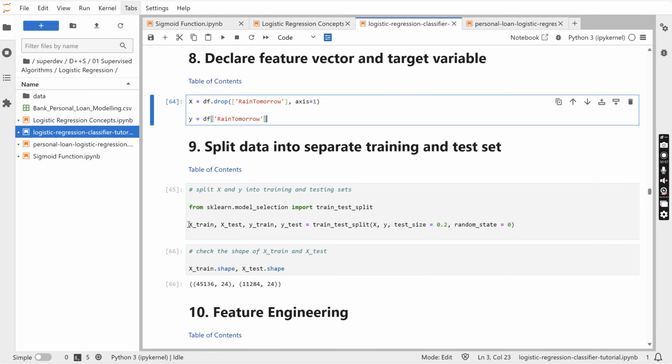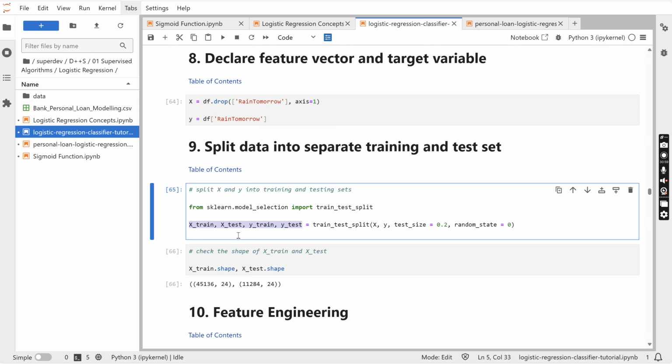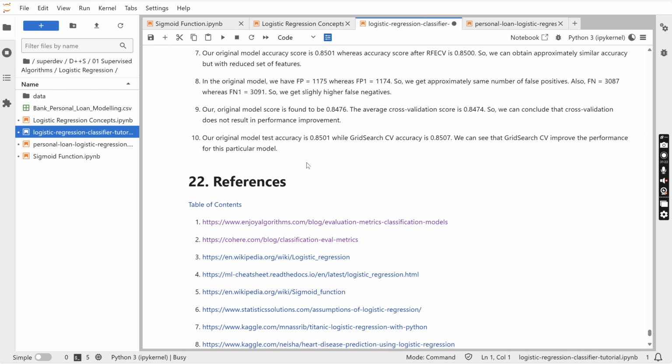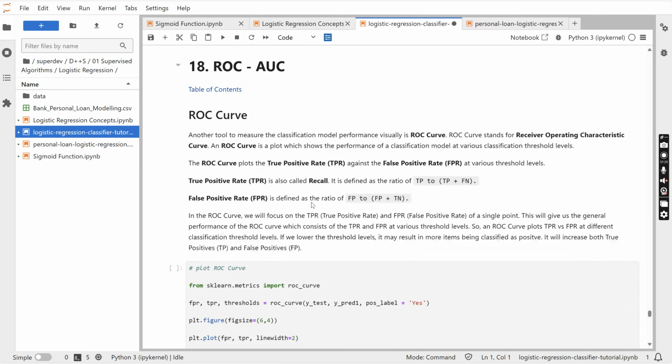Now the next thing is, another mistake made here is that x should always come first. Don't get confused. Sometimes you'll write x train, y train, x test, y test. Don't do that. X train has to come first, x test has to come next. If you get a doubt, sometimes you might get doubt, so it is better to check the